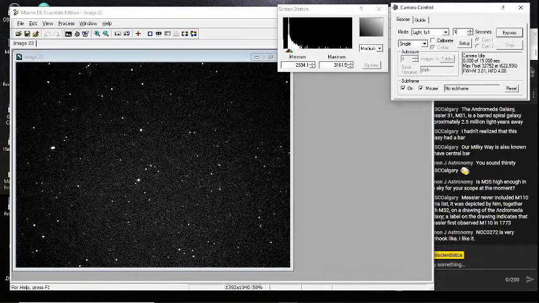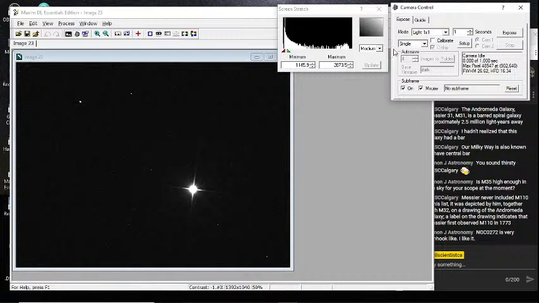All right. We should be on Mars now. So let's just take a single 1 second exposure and see how close we are to Mars. There's Mars.